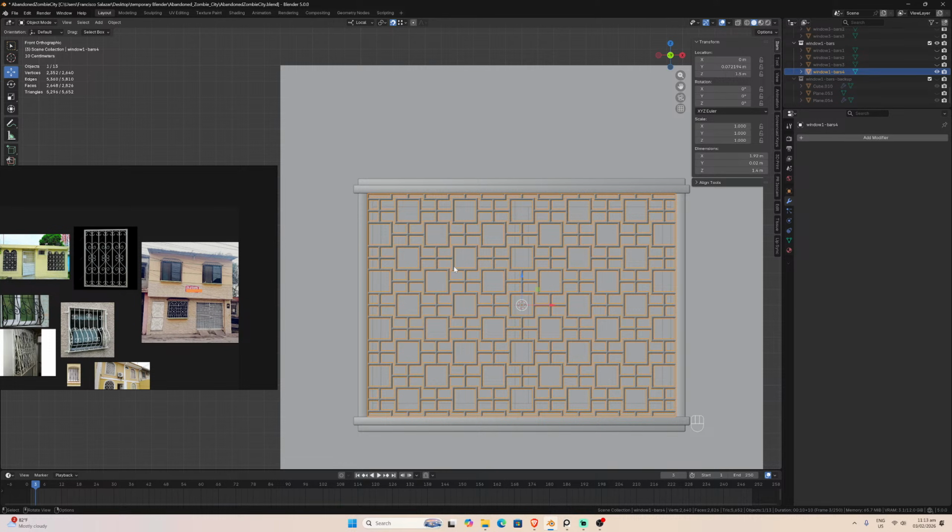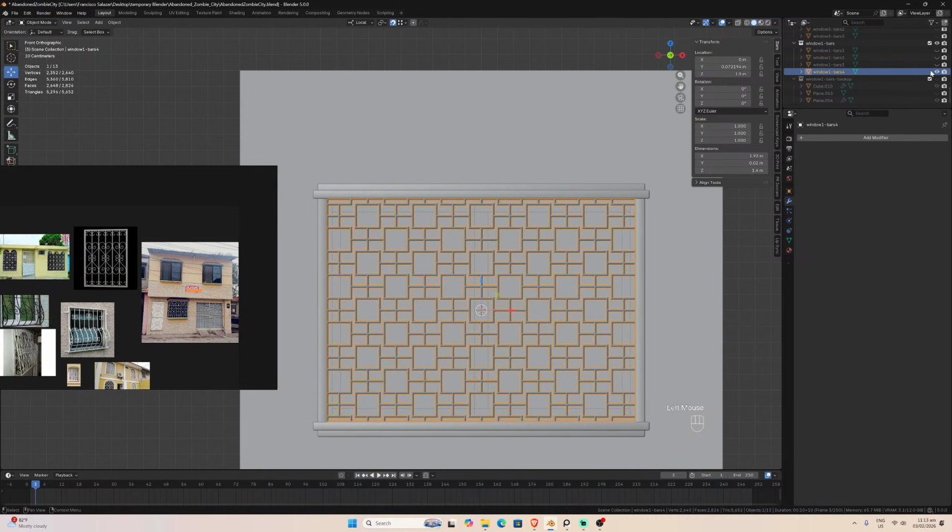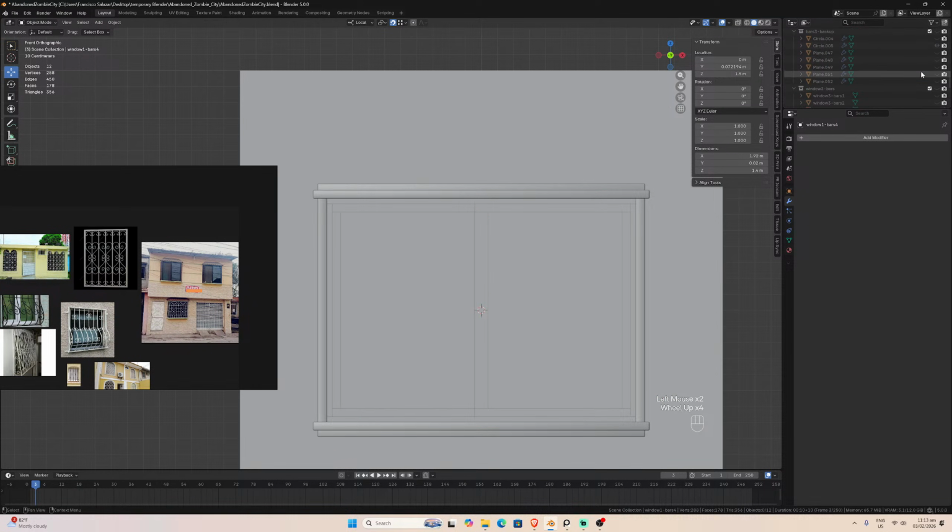It follows the shape, and I think that it's good. So if we want to create something similar for window number, where is the window number? The bars,